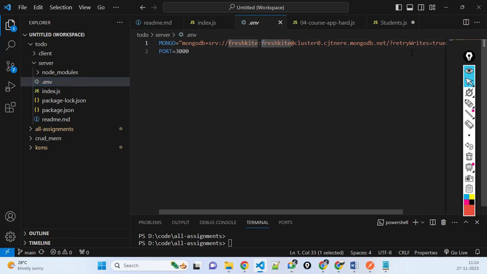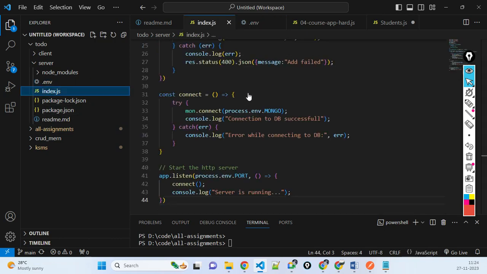So you can go to atlas.mongodb, create a cluster, and get this URL and use it here. This is how I establish a connection to a Mongo database. Usually, a connection to a database or any operation in the database should be